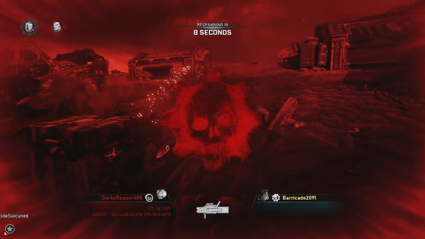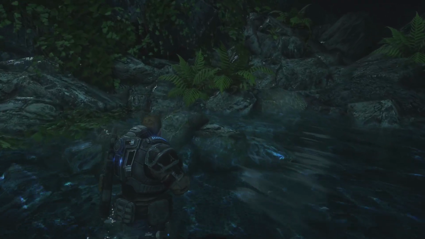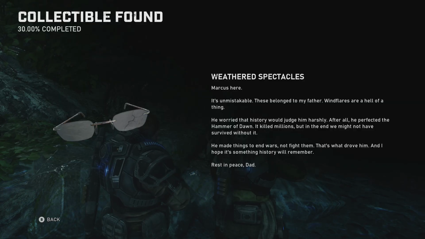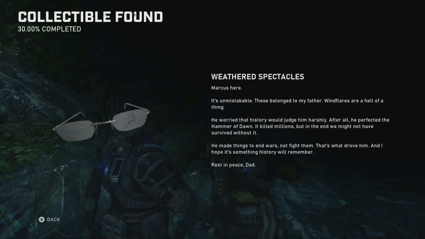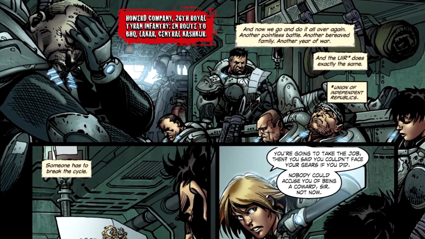But okay, so to start us off here, the very first collectible is found at the very beginning of the game. When you first get off the helicopter, you have to look around in the water area, and you eventually find a pair of glasses that belong to none other than Adam Phoenix. And when I post these on the screen here, feel free to pause them and read them because they're very interesting. So with Adam Phoenix, he was actually a soldier in the Pendulum Wars for quite some time, until one